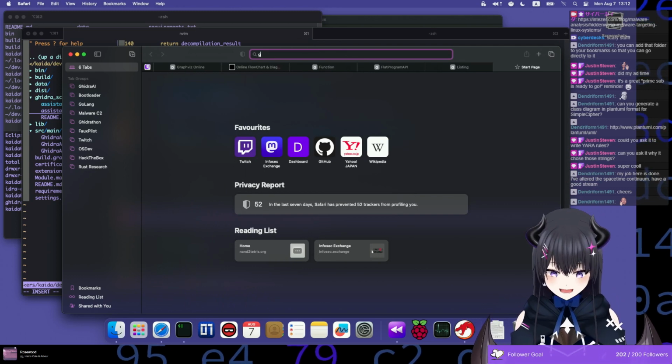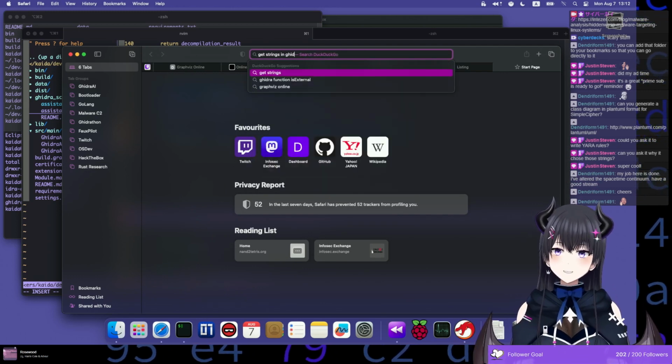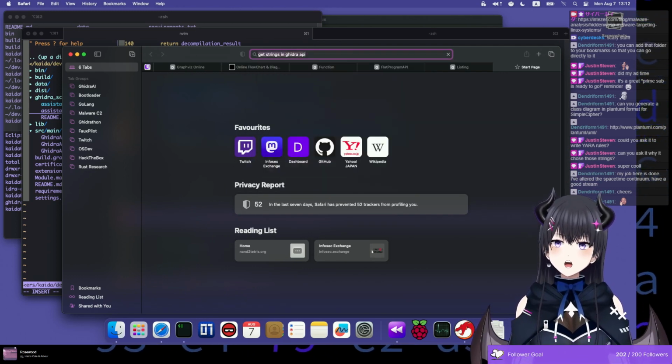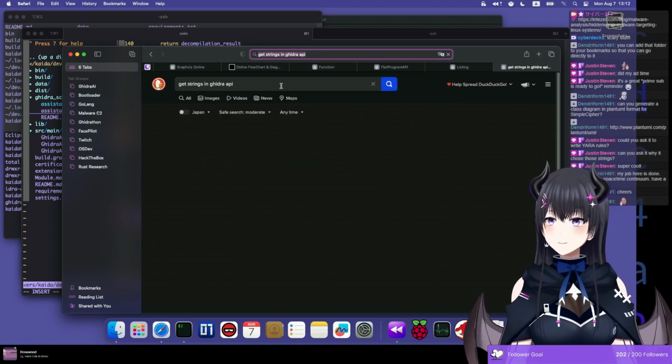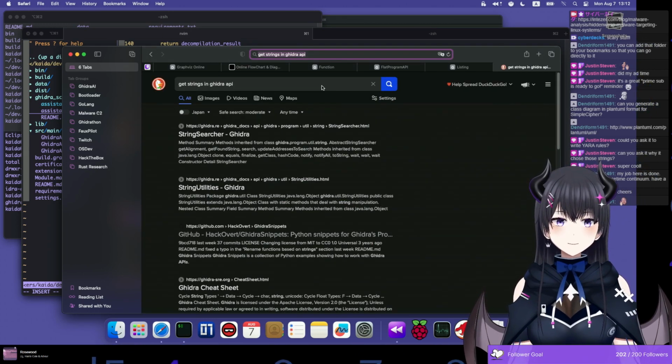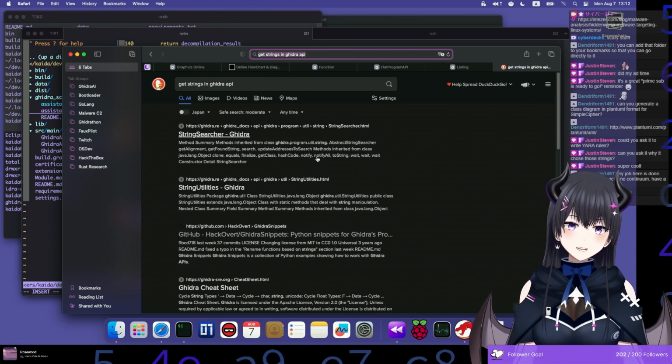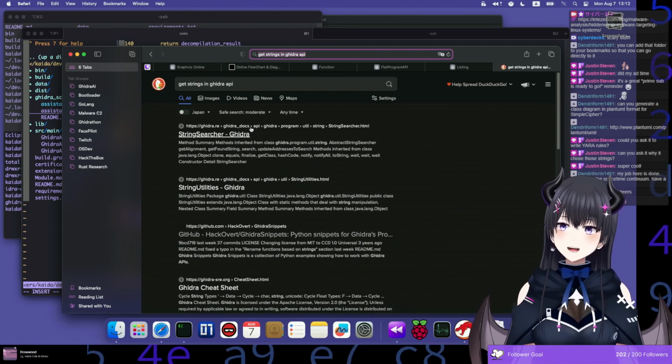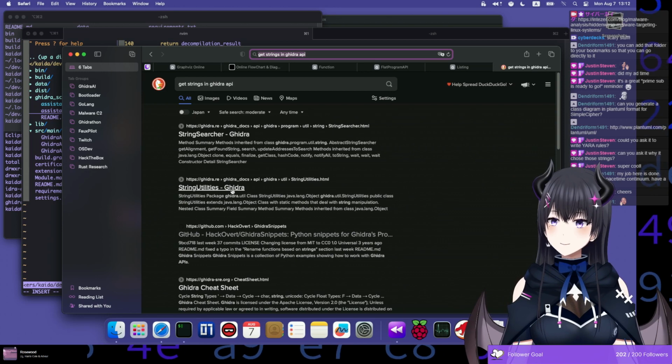It's been a little while since I've done this. Get strings in the Ghidra API. Ledgebot says you want the already discovered strings. Yes, those are what I'm after. I'm not after the